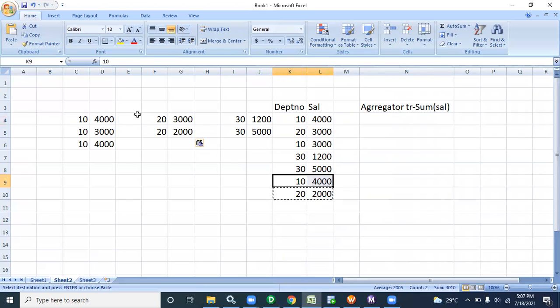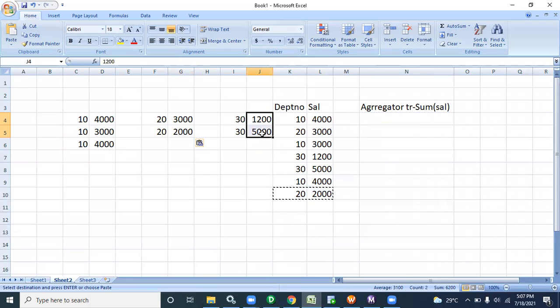Then after that it will go to the sum of salary. First it will do the group like this. 3 groups it will create separately in memory. Okay, then it will give 4, 4, 8, 3, like this. Say 11,000 it will give, and this will give you 5,000, and this will give you 6,200 like this.